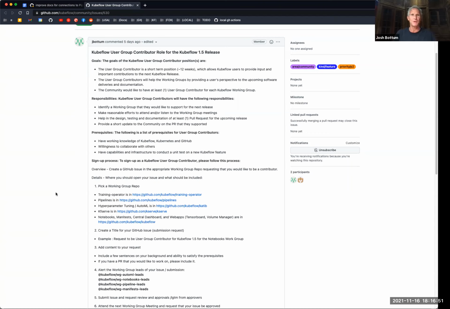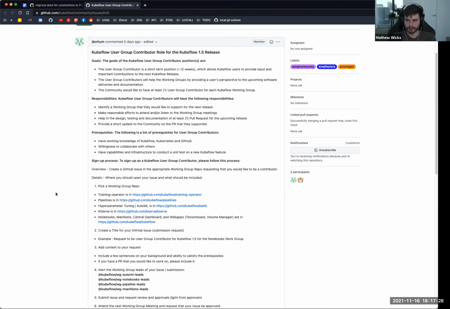I think it's pretty straightforward, Matthew. But are they a coder or are they a user? Well, that'll be up to what they decide and say that they can do. But obviously, the more they come in and say that they can code, and that they're competent enough, the working group will say yes. If not, maybe they can do documentation or testing. So it'll be somewhat case by case. I didn't want to get that prescriptive, but I think to your point, having a code contributor may be different than just a regular contributor.